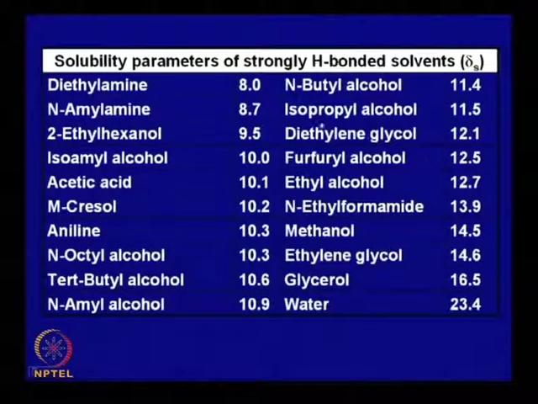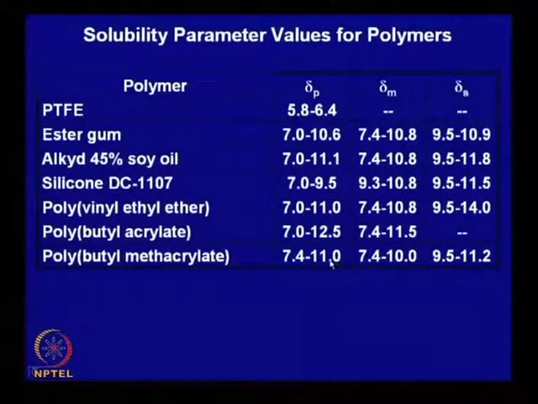Here you see there are solvents whose solubility parameters are 11.4, 11.5, 12, 10.9, 10.6, 10.3, and go to the polymer chart. You take a polar polymer, say alkyd resin, or this